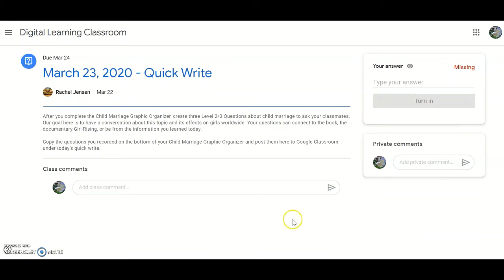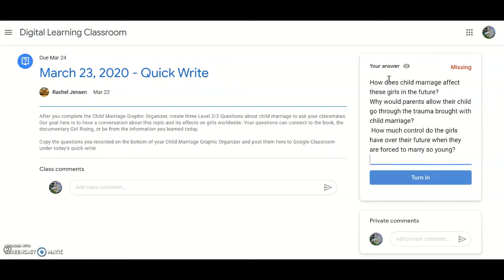So you'll notice that you can't see anybody's responses so far. I had Paul Nataki respond to this quick write so that the student side would have something to answer to. So I'm going to go ahead and type in the answer for my student. In this case, Wesley has been kind enough to let me enroll her as a student. So these are the 3 questions she's going to be asking. And then once I hit turn it in,